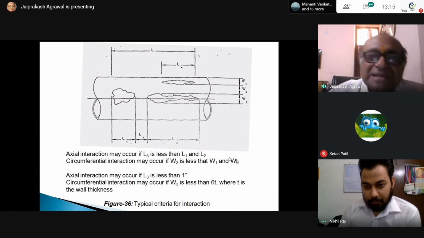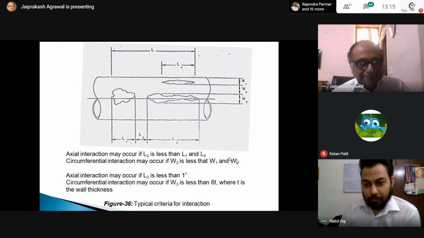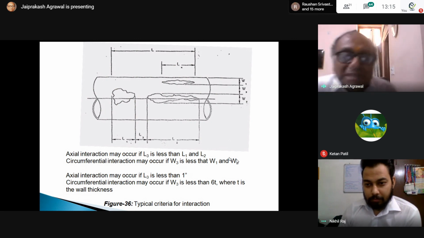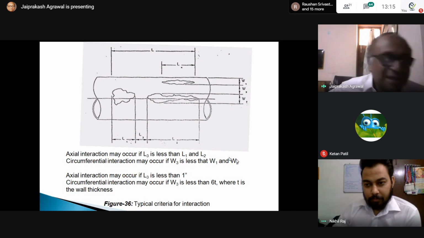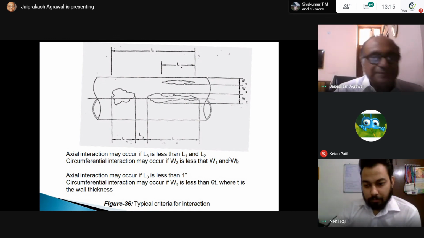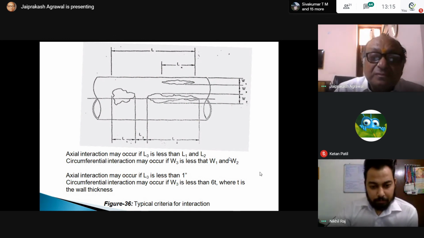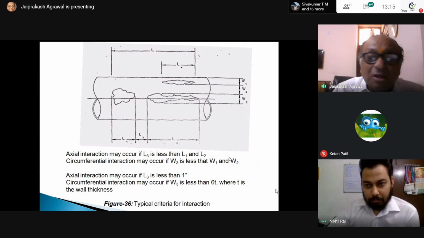Yeah, if the pressure difference is more, then the speed will be more. So you have to maintain that pressure difference in that zone. That is because of the flow only. So flow is important. If you reduce the flow, the pressure will also reduce. So this is all about the axial interaction.